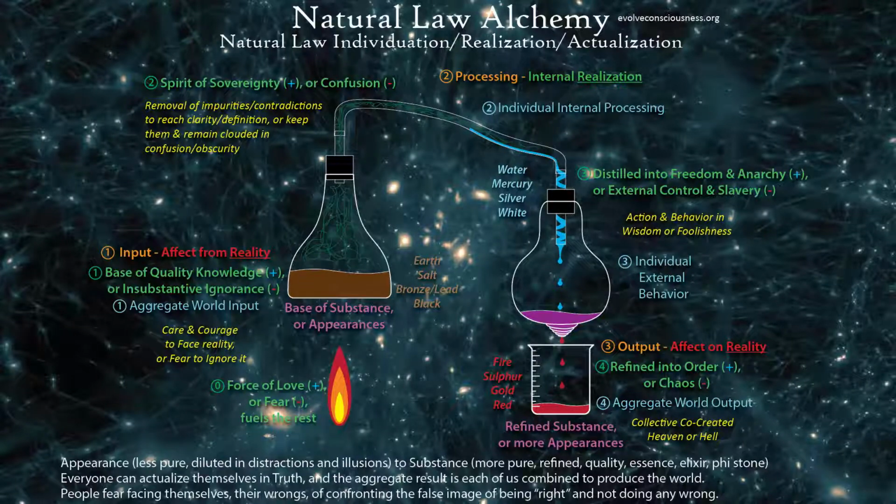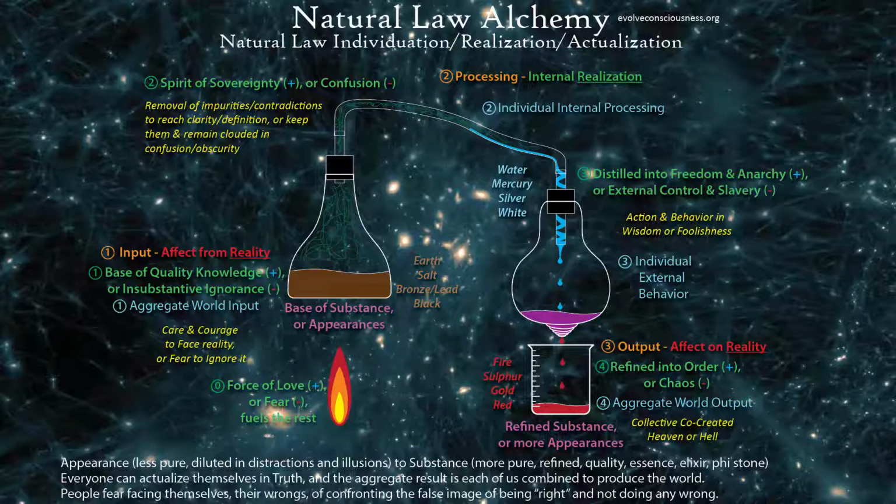Sulfur is a production of fire and air. The mercury is a production between water and air. And the salt is a production between earth and water. So I had to pick between the four elements which ones more appropriately match to this model that I was making, so we'll get back to that after. Now when we start from the force of love as a positive or fear as a negative,